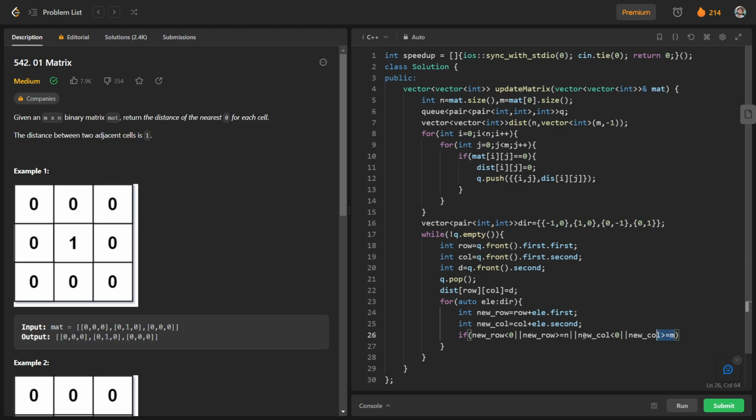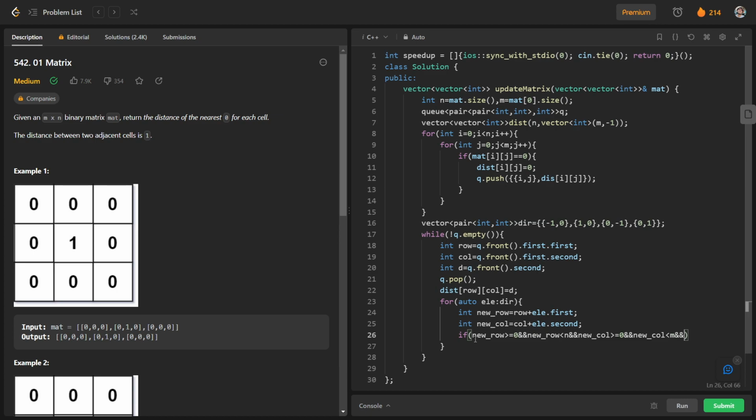Instead of taking violations of the boundary condition, we can take new row is greater than or equal to 0, and new row is less than n, and new column is greater than or equal to 0, and new column should be smaller than m.